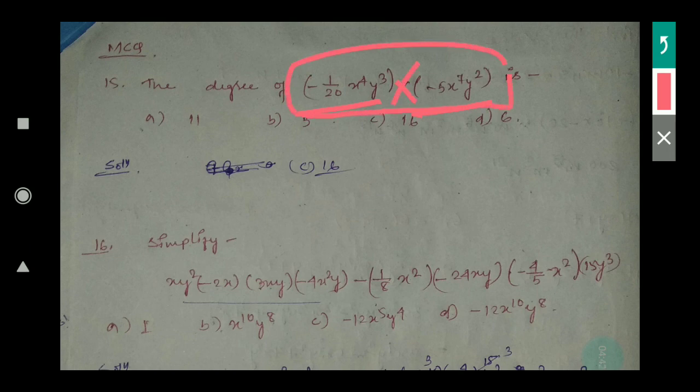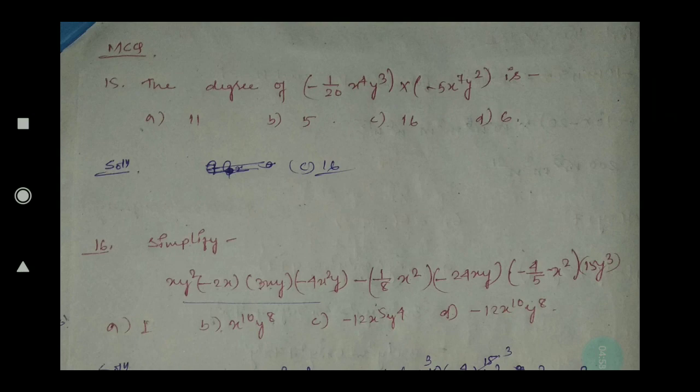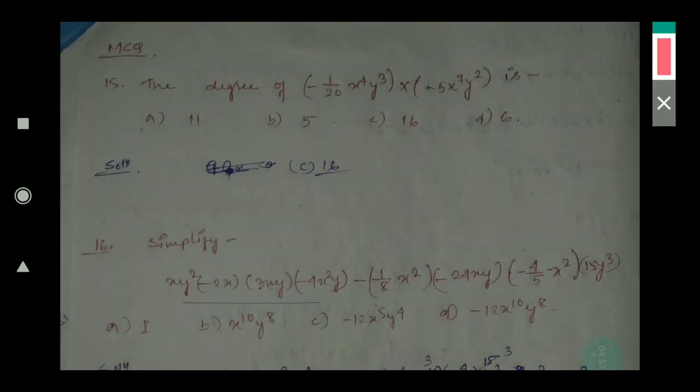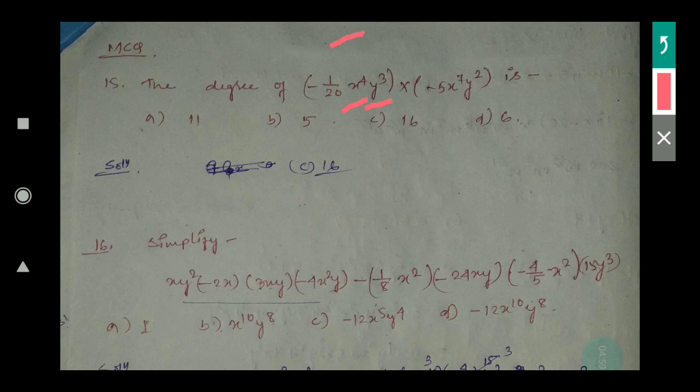Degree of these expressions, algebraic expressions, not polynomial, algebraic expression. So what will be the degree? At that time you have to find the total degree of each variable present. After that you have to do the addition. So here 4, here 3, 7, and here 5, 7 plus 2, 9. So now multiplication is given.